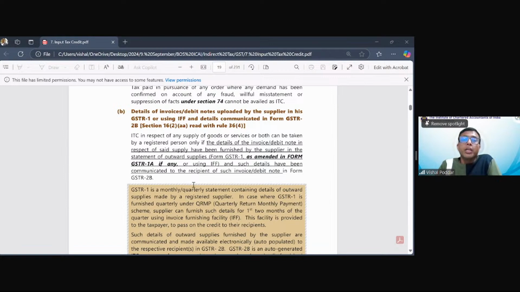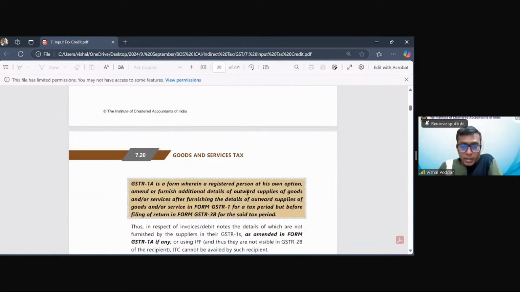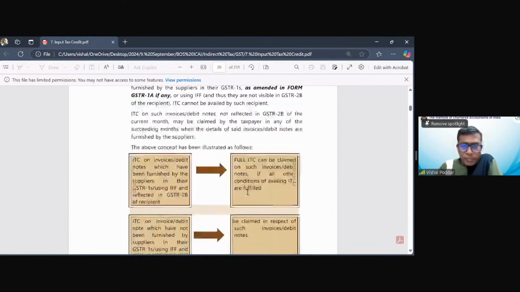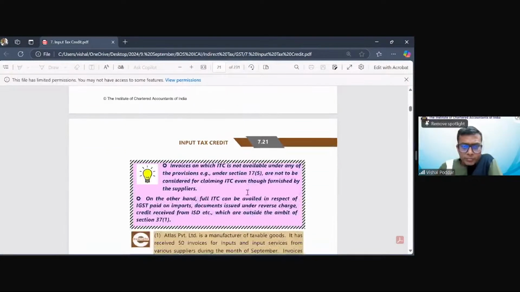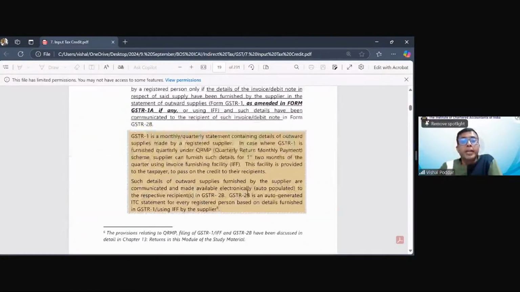But then what is your immediate proof? That immediate proof is what is now included in the law by way of this newly introduced clause AA. This clause was made effective from 1st of January 2022, if I'm not wrong, with the date. Can you see the date somewhere? Okay, we will get the date somewhere.